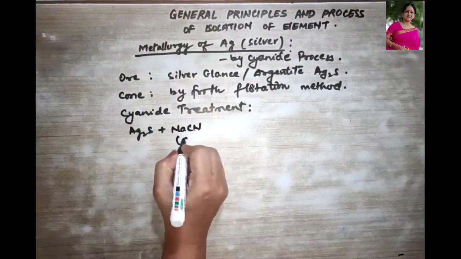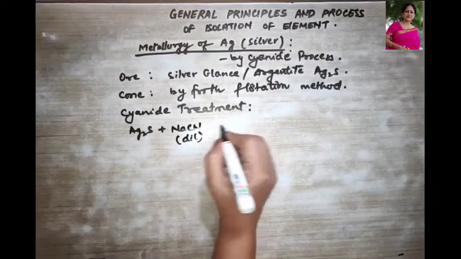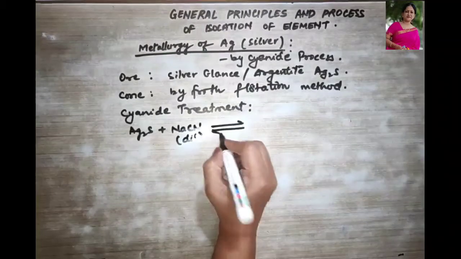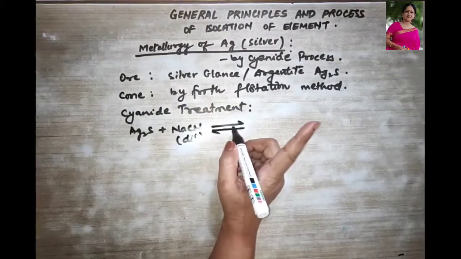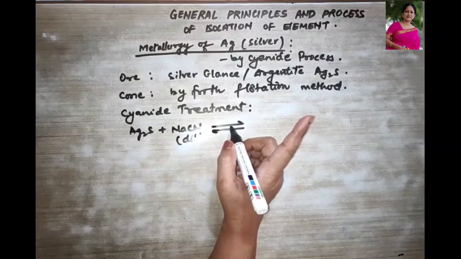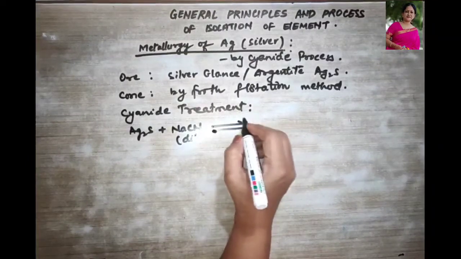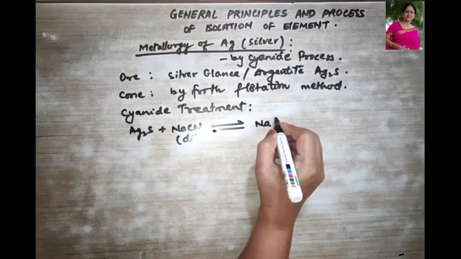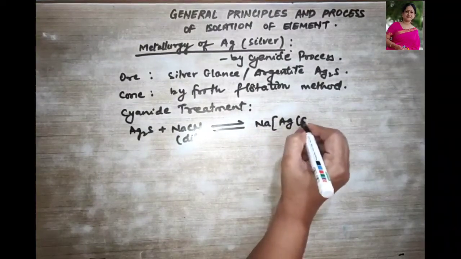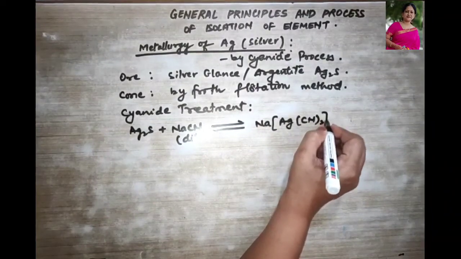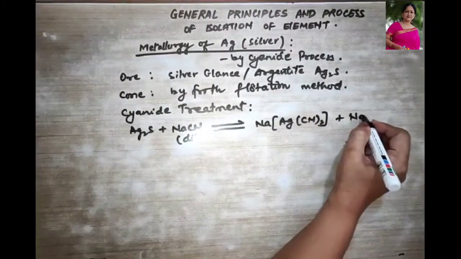Sodium cyanide, which is dilute, right? What do we observe? We find sodium argentocyanide forming, which is a soluble complex, that is NaAg(CN)2 plus